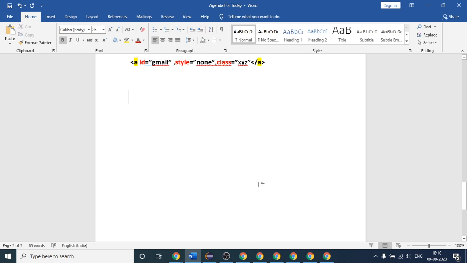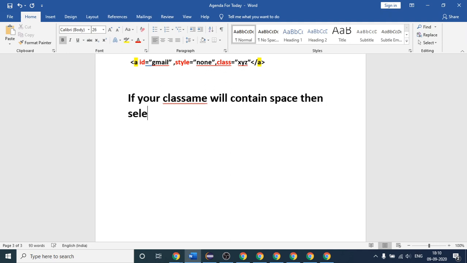Suppose this: if your class name contains a space, then Selenium will throw an error.